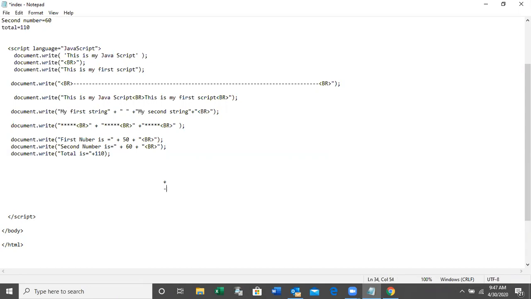Plus, minus, multiplication. In programming languages, multiplication is this star, while in maths we put the multiplication operator like this. So this is the multiplication operator in the programming language. Plus, minus, multiplication, division operator, right? Arithmetic operators are plus operator, minus operator, multiplication operator, division operator.